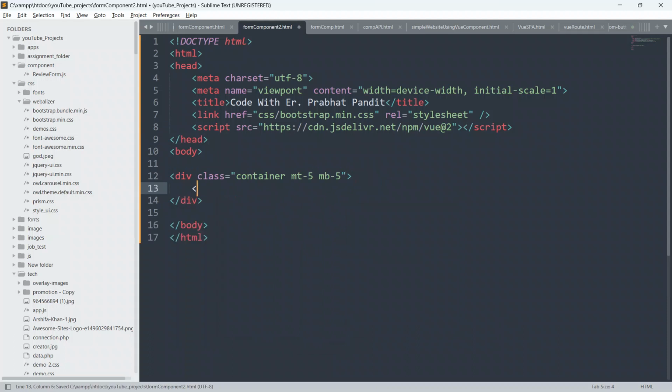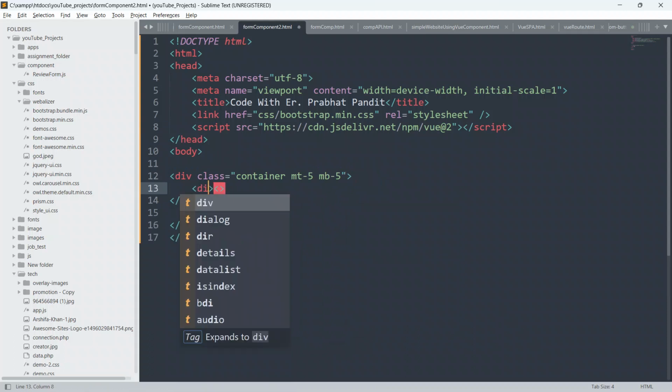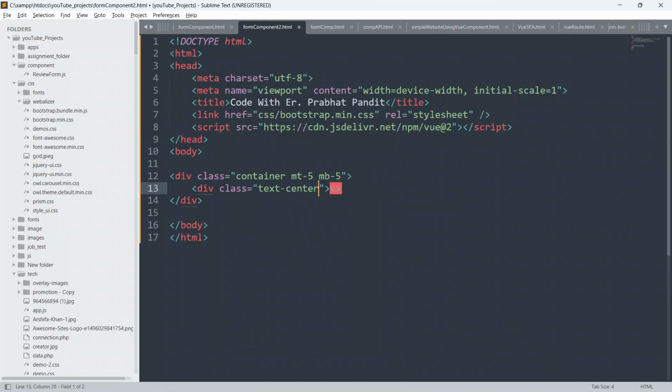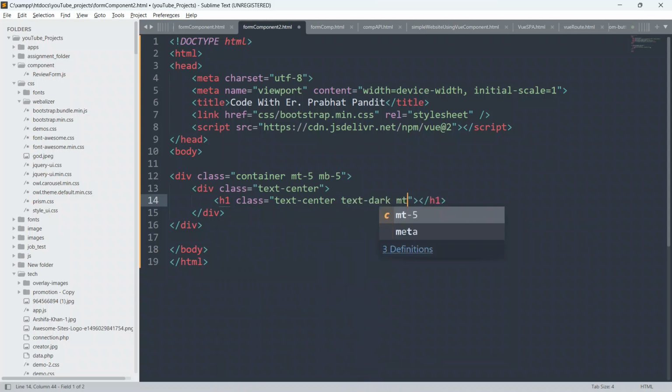Inside this div I am going to create another div, give class as text-center, and close this div first. Inside this div I'm going to create an h1 element, close this h1 first, and give class also text-center and text-dark, and give margin top 2 and margin bottom 2 also.